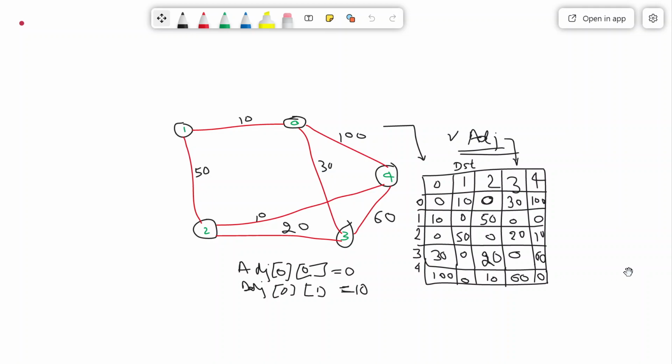So in the C program, I will just give these values. Instead of feeding the graph, this is the input. So what input will I give?